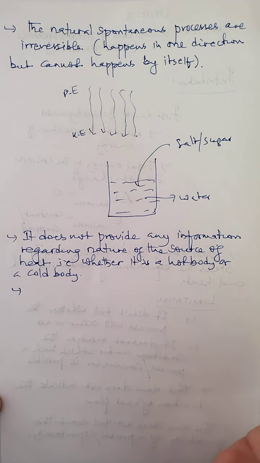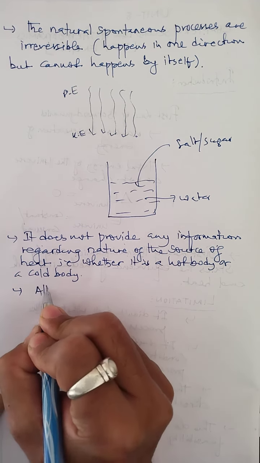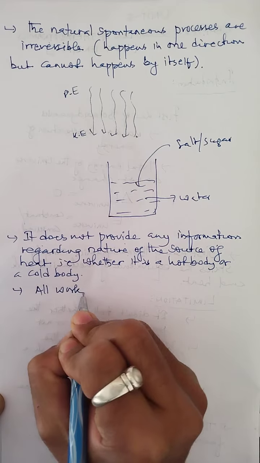Now this is the last point that I want to add regarding the limitations of the first law of thermodynamics, and with this we come to the statement of the second law. As per the first law, all work can be converted into heat, which means mechanical work and heat are equivalent to each other. But all heat cannot be converted into work. Remember this. All heat cannot be converted into what? Work. So that's why I want to add another point, that all work can be